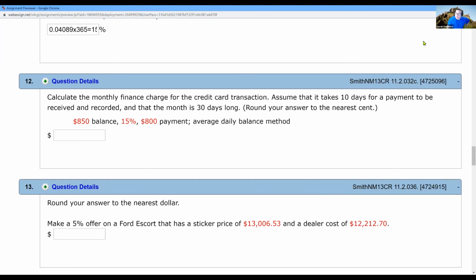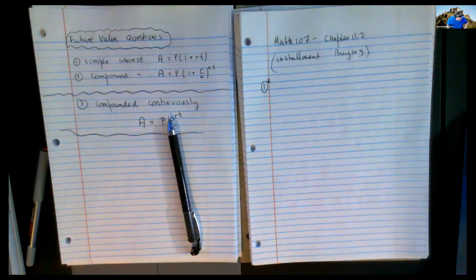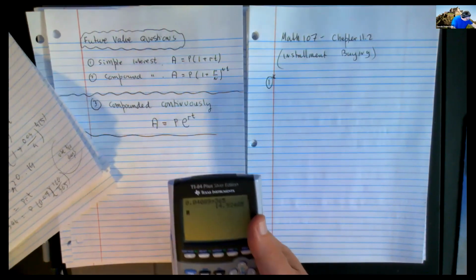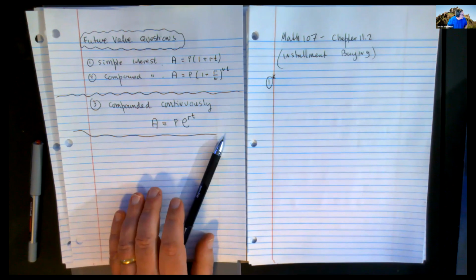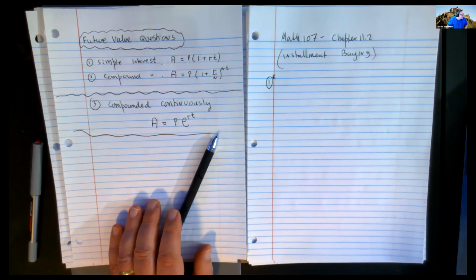Okay, I have a little bit of setup to do. I want to show you the beginnings of a credit card payment. How you can figure out yourself how much you're going to end up paying on interest on your credit card, right? So the question that I'm going to do it with